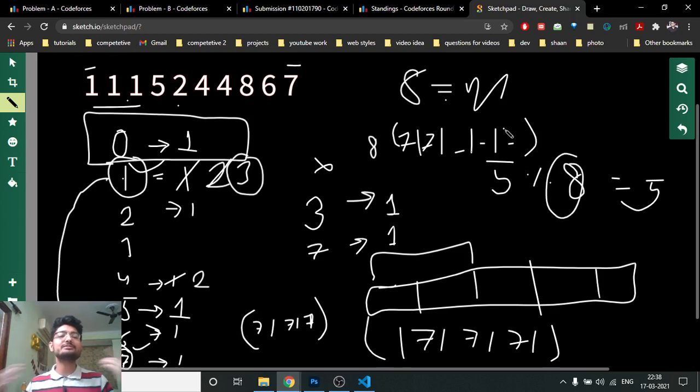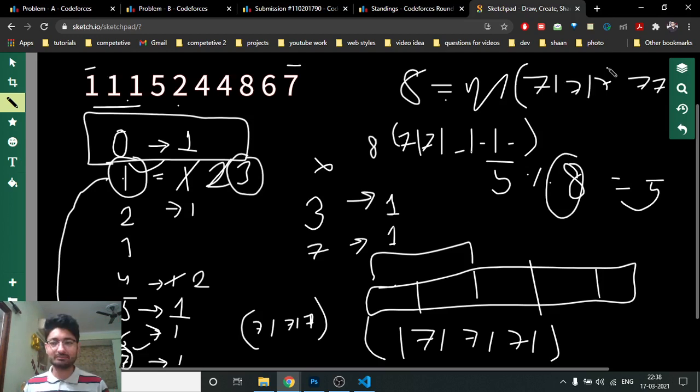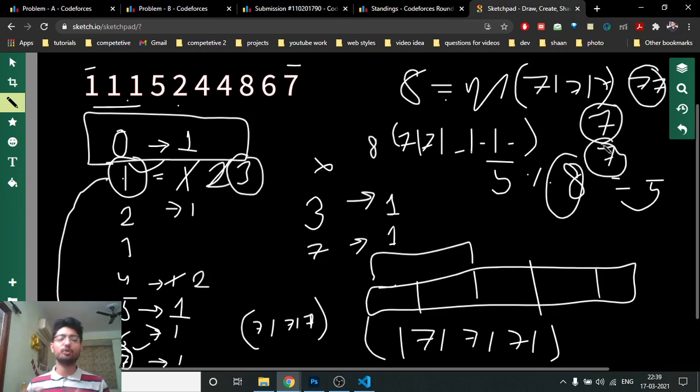But if the frequency is more, let's assume I have 5 sevens but I have only 2 ones. If I put 2 ones here, I can satisfy these numbers, but 2 sevens are remaining. Now I cannot satisfy these 2 sevens with any numbers. So I have to obviously form individual arrays for them. And that individual array will obviously be m divisible, so it is of no problem.